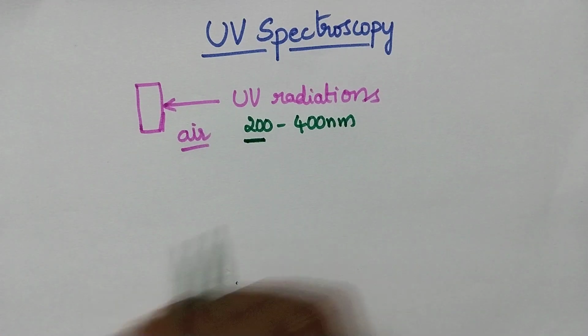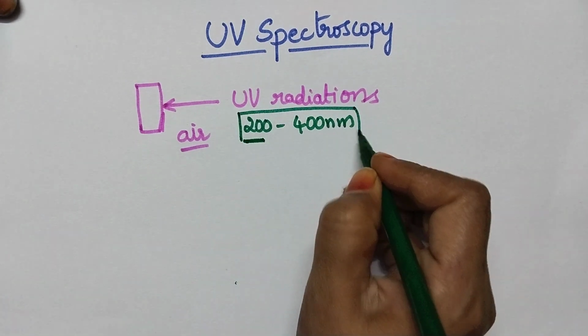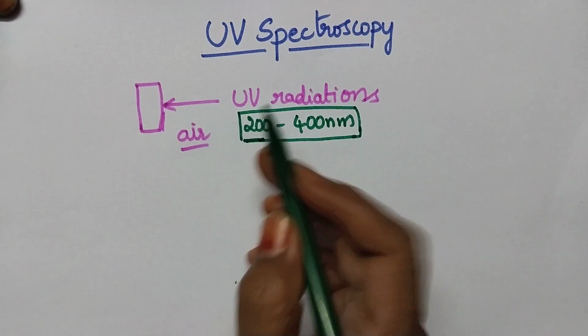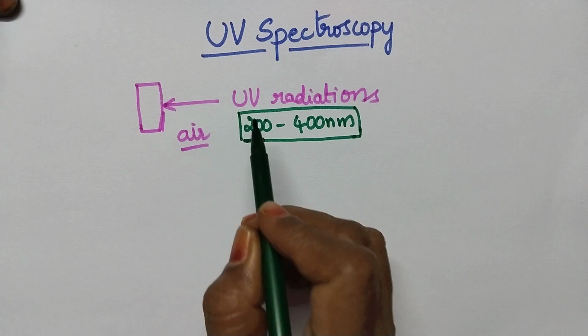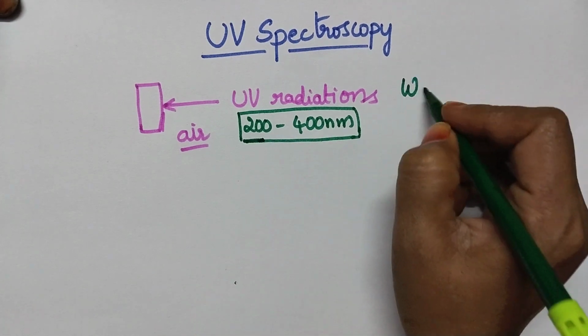So in particular, with respect to UV spectroscopy, the spectrum is drawn in 200 to 400 nanometers. Here, it is measured in terms of wavelength,